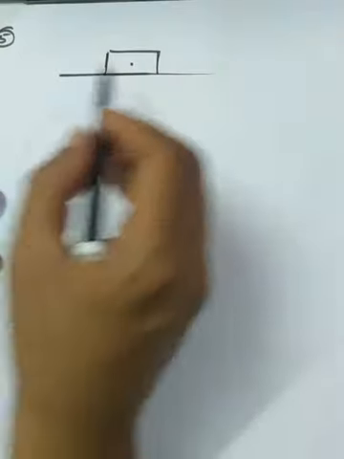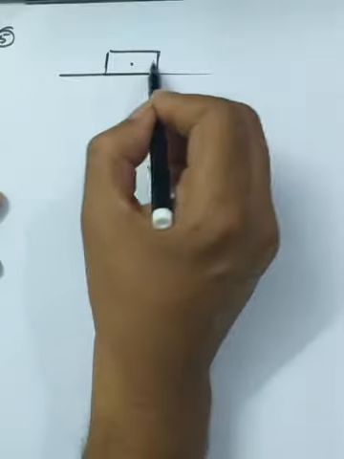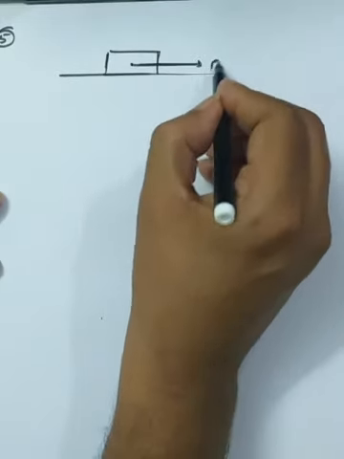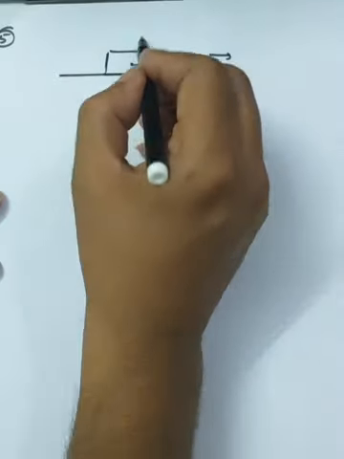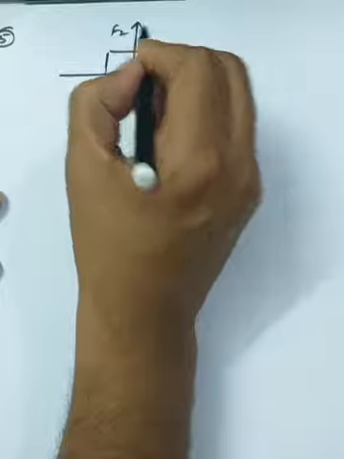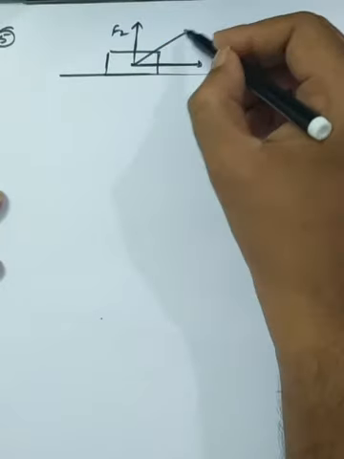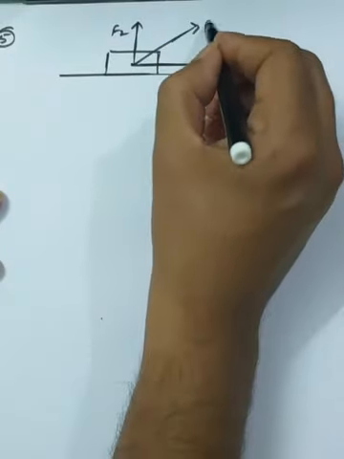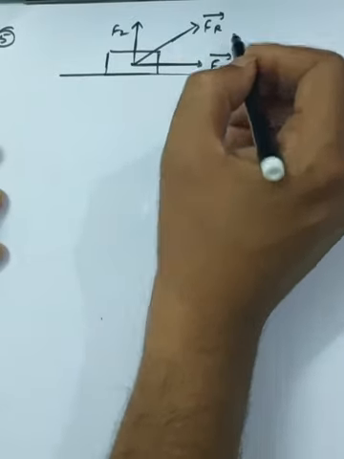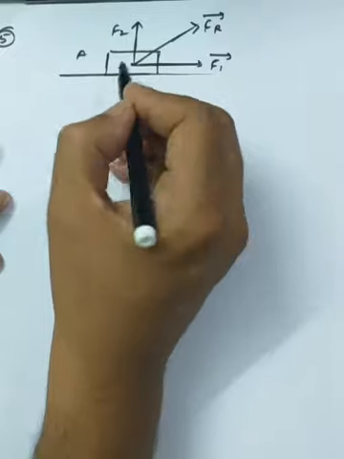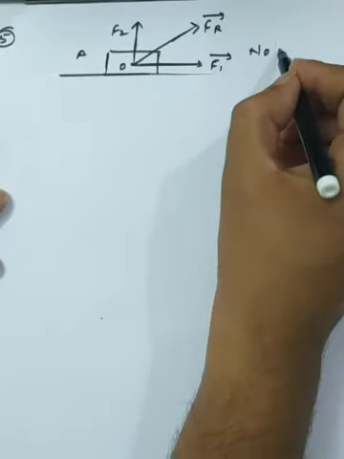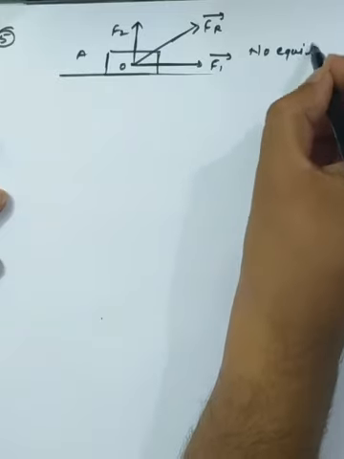Now further I am taking an example in front of you, where I apply a horizontal force on an object, called F1, and one force which is normal to F1, called F2. So easily we can say that there is a resultant, and along the direction of the resultant the object will move. This is the object A and this is the point O under consideration. So this is the condition of no equilibrium.